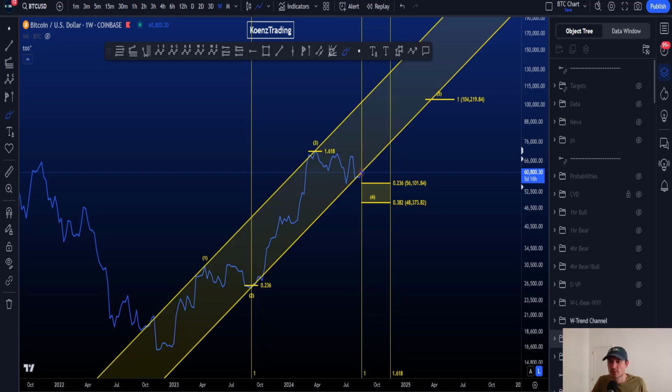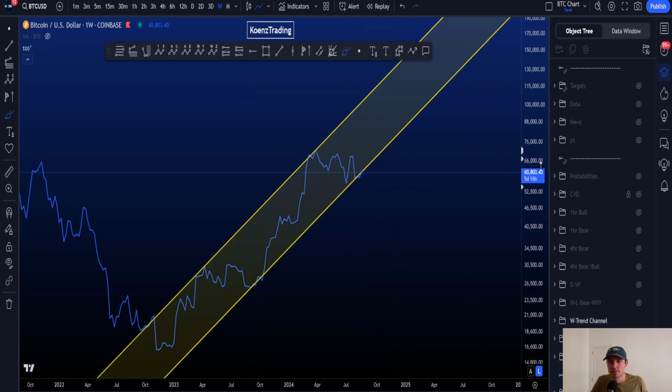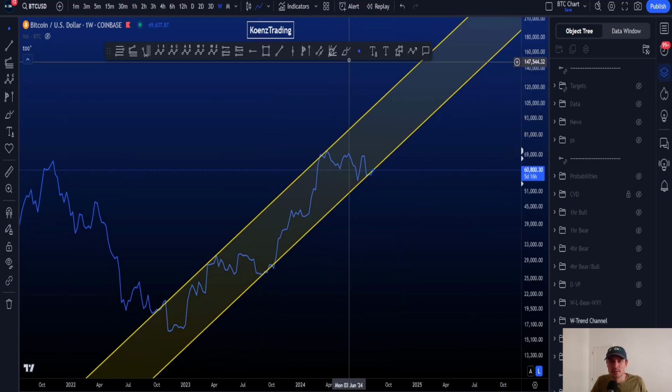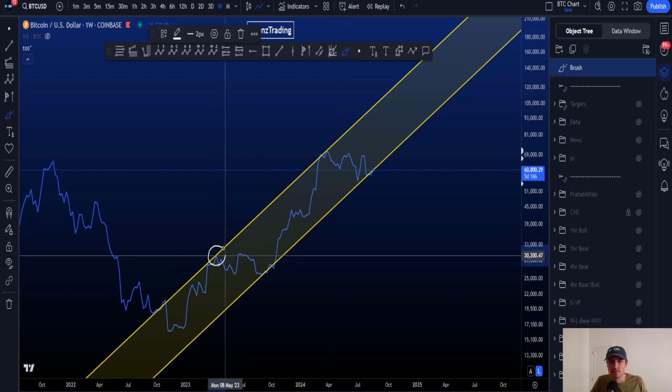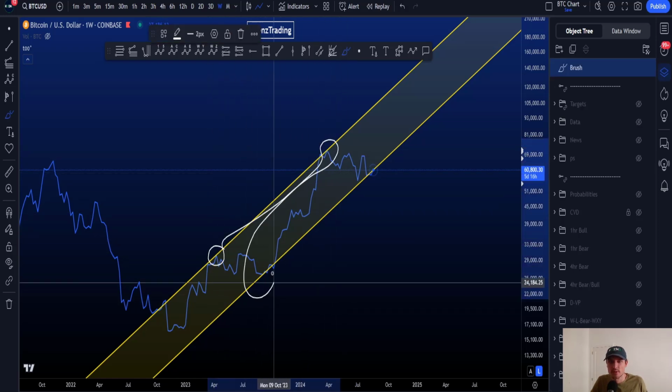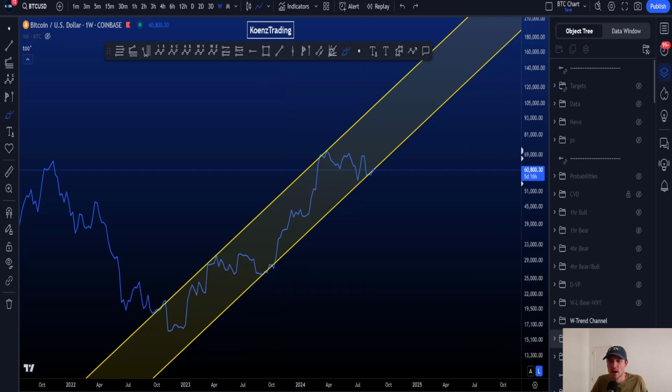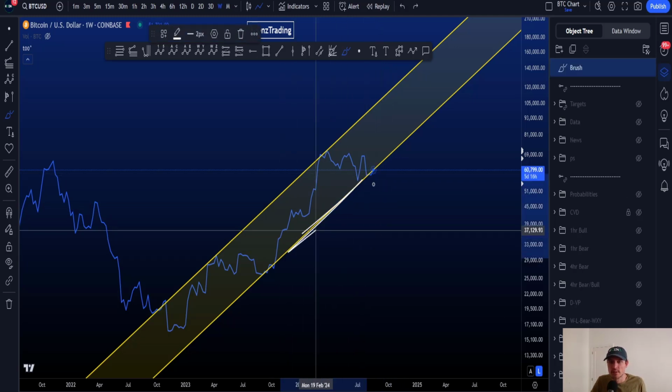Interesting, because we do have some additional support at that particular area. Now this is a trend channel which is taken from the end of 1 to the end of 3 to the end of your wave 2. And what you look for with regards to a trend channel is a wave 4 breaking out of this lower